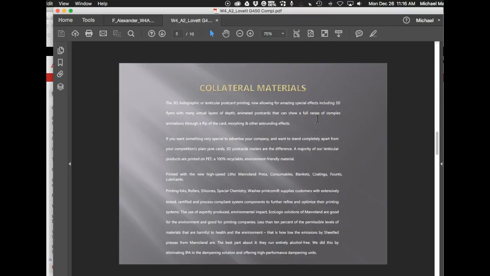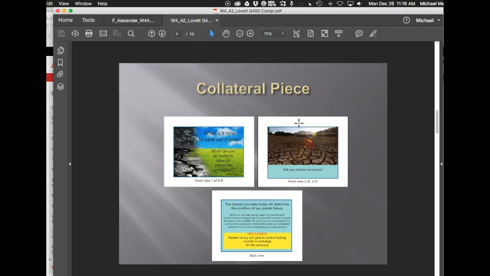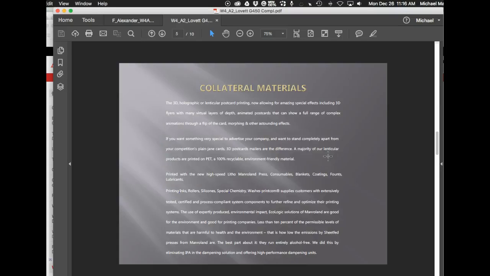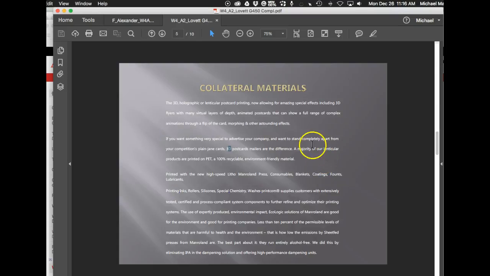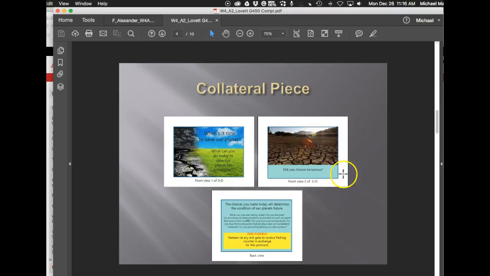3D flyers. Now allowing for amazing special effects, including 3D flyers with many virtual layers of depth, animated postcards that can show a full range. Yeah, I don't know how you're going to show an animation on a postcard, on a print piece. And 3D, all 3D means is that you can hold it in your hand. It doesn't mean three-dimensional, like you have to use three-dimensional printing processes, or lenticular printing or anything like that. That's not how it works. What happens? Oh, wait a second. What happens is that you have your collateral piece. So